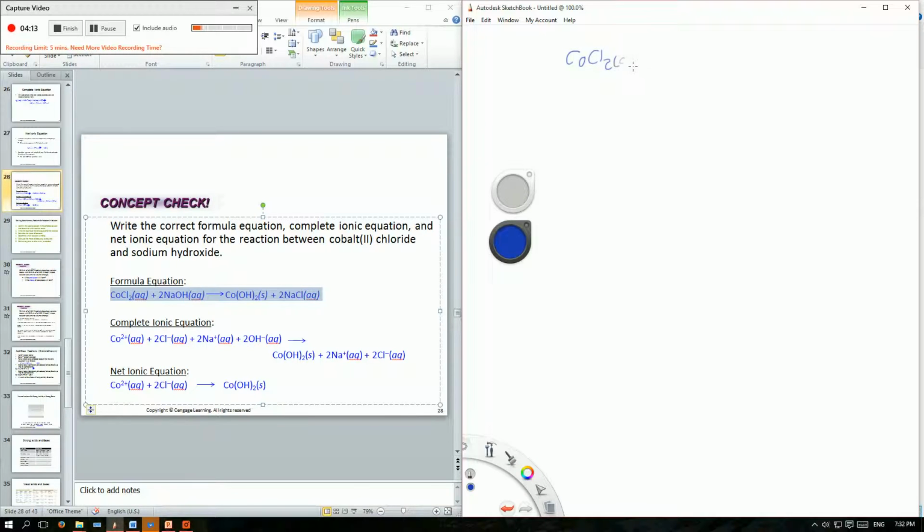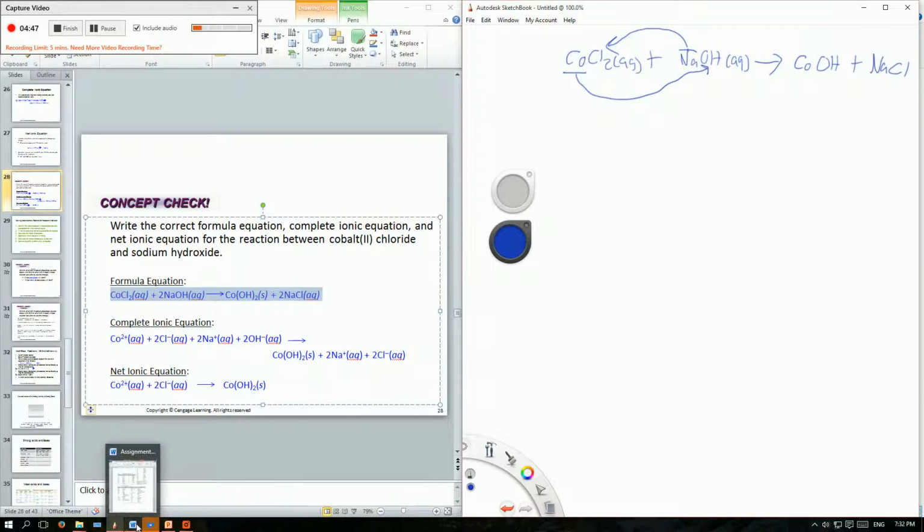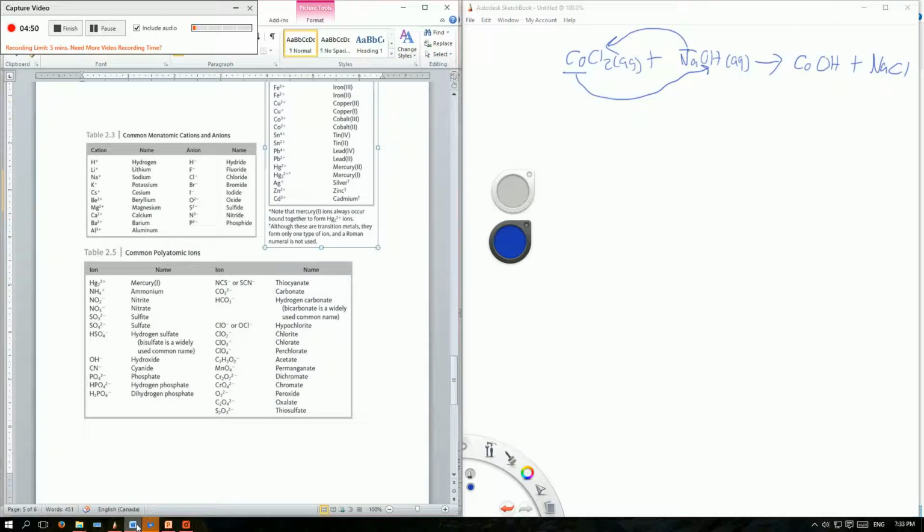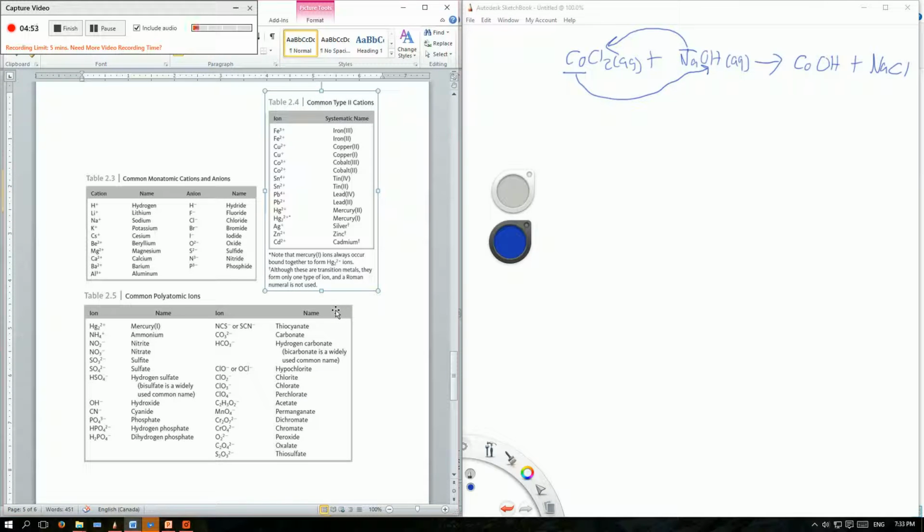ClCl2. Say I ask you what would happen if you combine these two things. Say you didn't know the products here, COOH. What you would do is remember the cation goes with the anion here, and the cation goes with the anion there. So CO would go with OH and Na would go with Cl. And then from this point you would have to look at the charges. So we go back to here and we see that